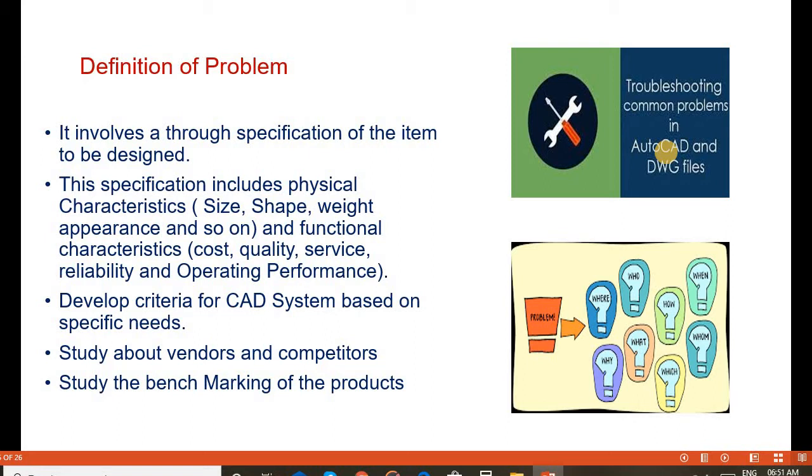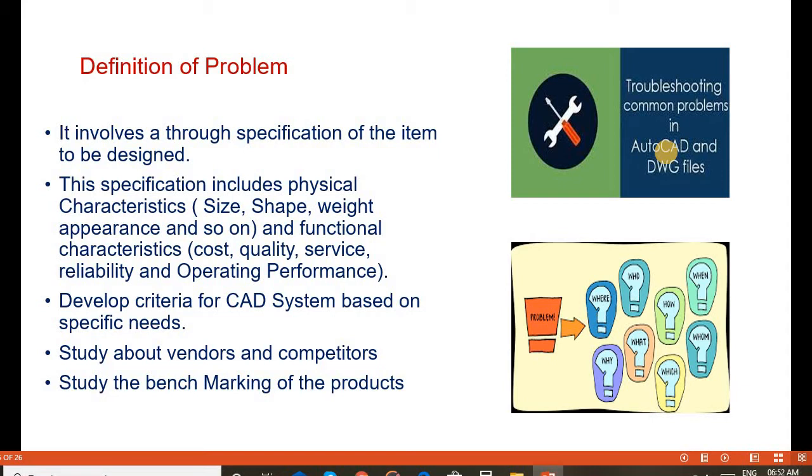There should be physical characteristics and functional characteristics. What are the physical characteristics? Such as size, shape, weight, appearance and so on. And functional characteristics are cost, quality, service, reliability, and operating performance. These are the characteristics for defining the problem.